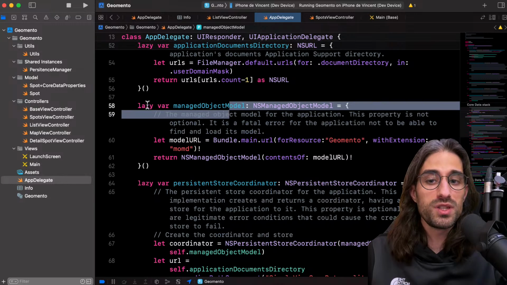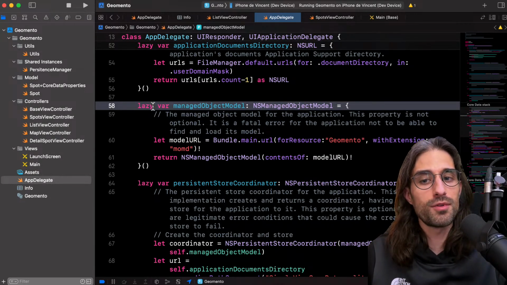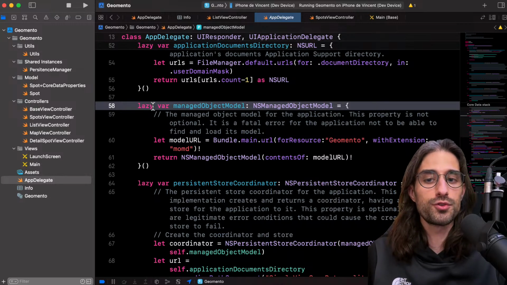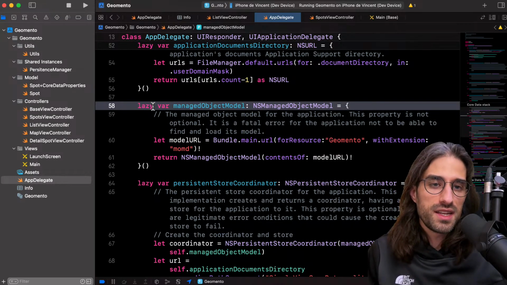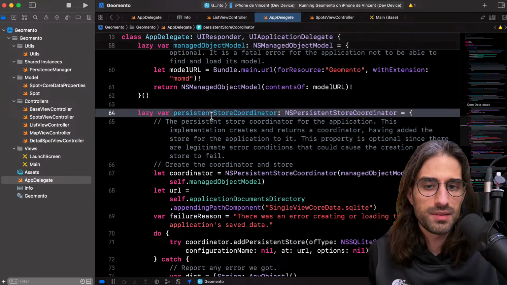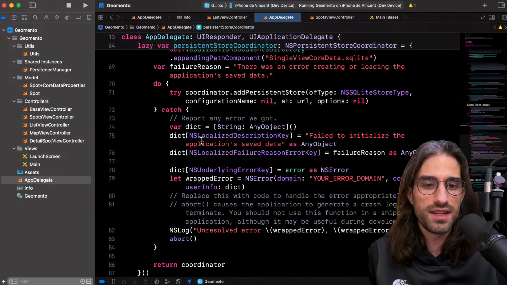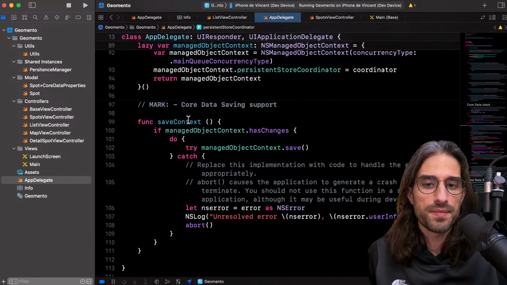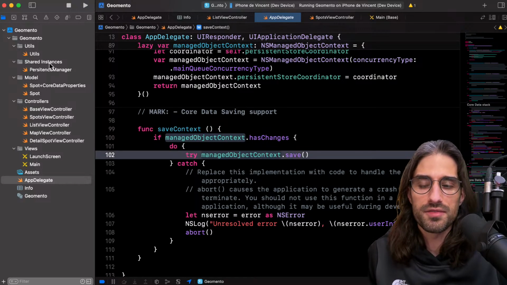The managed model, which this time is a lazy variable, because it was one of the big features of Swift to be able to implement lazy variables using the keyword lazy and not having to manually do the if the underlying variable is nil, then I instantiate routine that we saw just before. So same thing for the persistent store. It's the same logic as what we'd seen before. And to save the context, still the same kind of things.